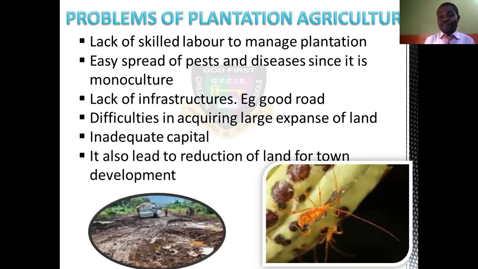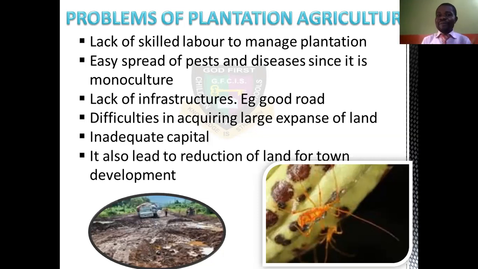That's why we say, since it is monoculture, if it were two different crops, what affects cassava may not be what will affect yam. So when cassava is suffering, the yam close to it can be a bit relaxed, because that disease may not be transferred to it. But since it is monoculture, what affects one will just spread across to the others.